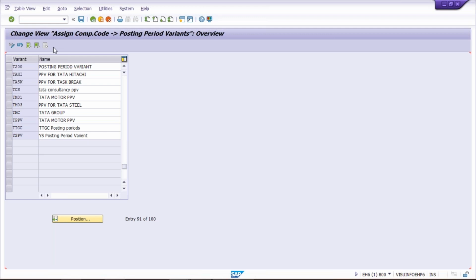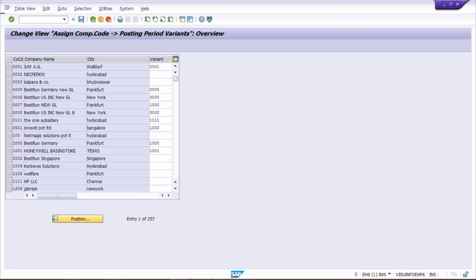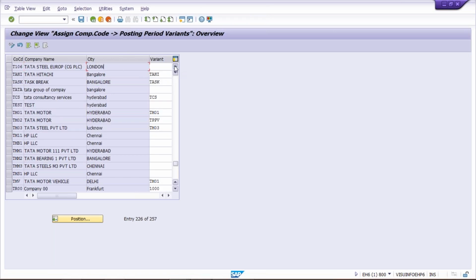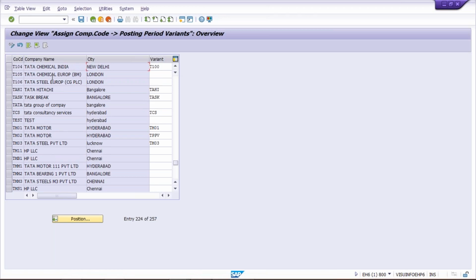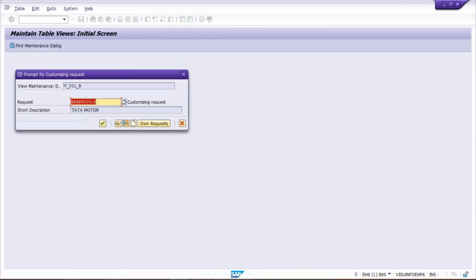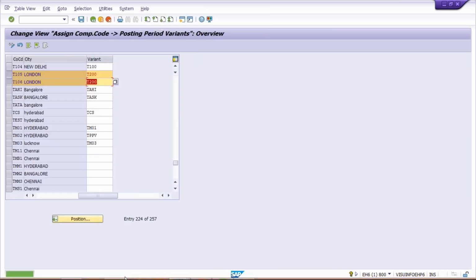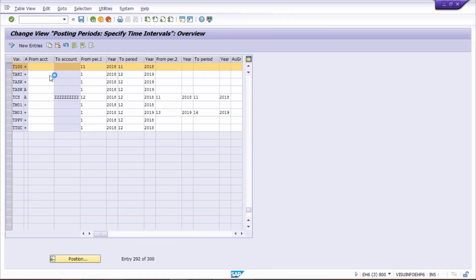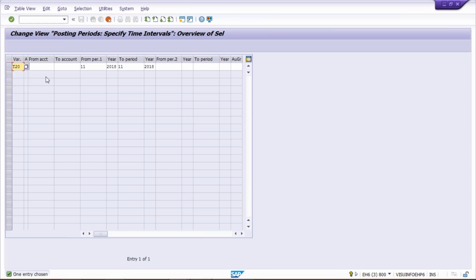So what is happening here? In this OBBP, click on position, and what is your company code? Let's suppose T106 is there, I guess. Okay, so these are there, London. So these are operating from Europe, right? So here we have given T200, a different variant. Why? Because if you talk about here, copy this T100 and make it T200, and